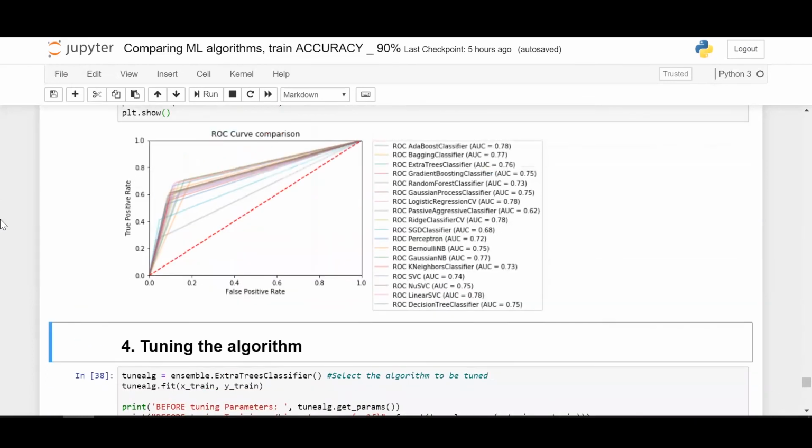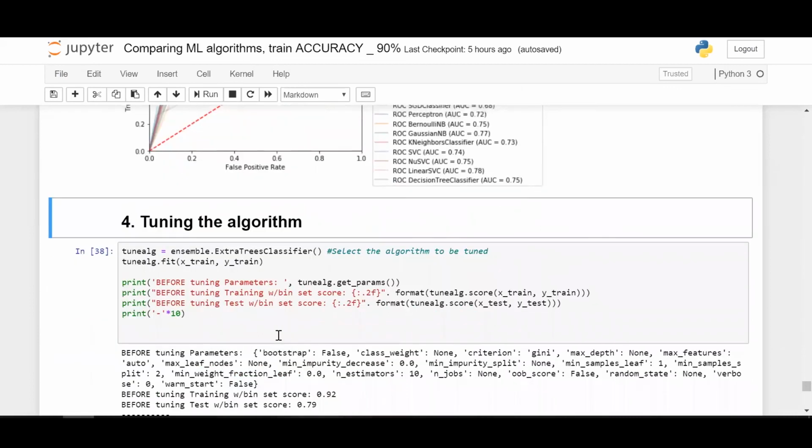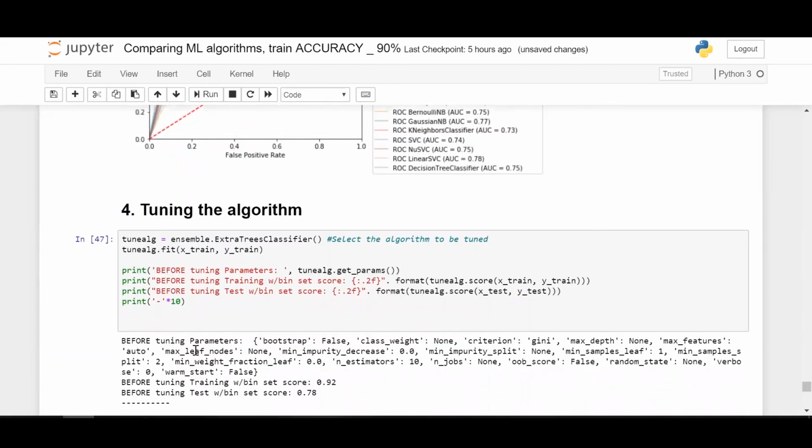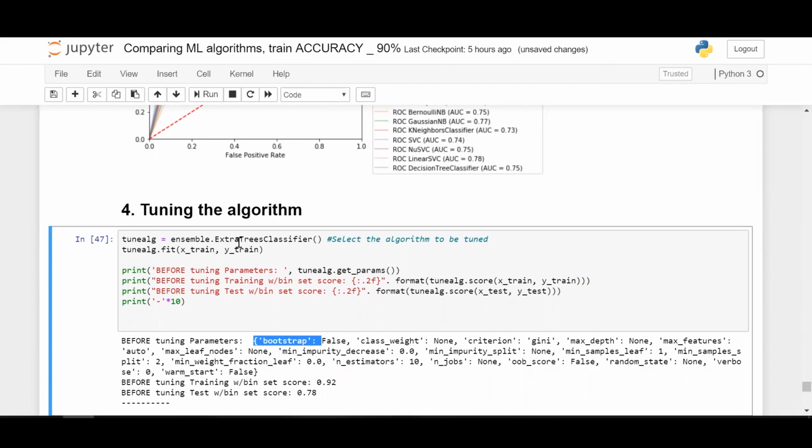So now let's get into a bit of algorithm tuning. So just try this one. Okay. So what we've done is we are getting the parameters. These are the parameters under the ensemble-based extra trees classifier which you are seeing: bootstrap false, class weight none. We have not specified each class's weight, which is rarely explored in machine learning. Criterion is Gini, max depth none, and max features is auto. Max features auto means it chooses the number of features from the existing dataset and bases the splits on that.